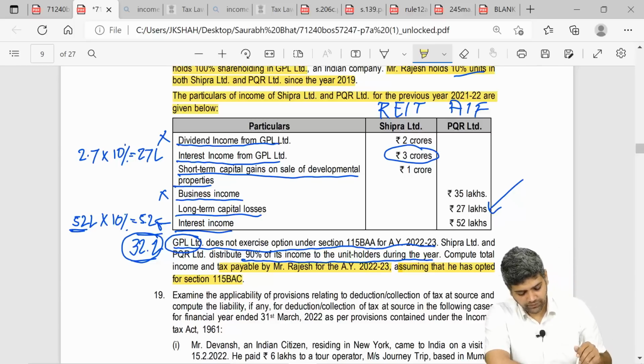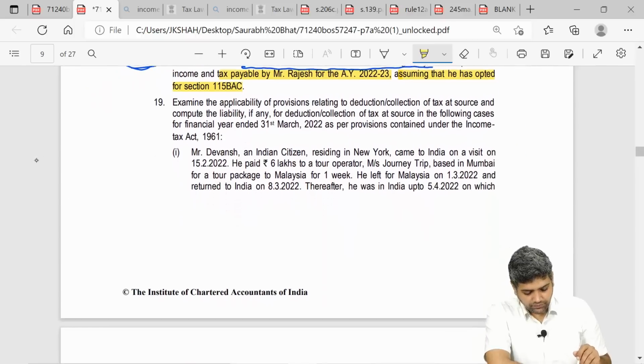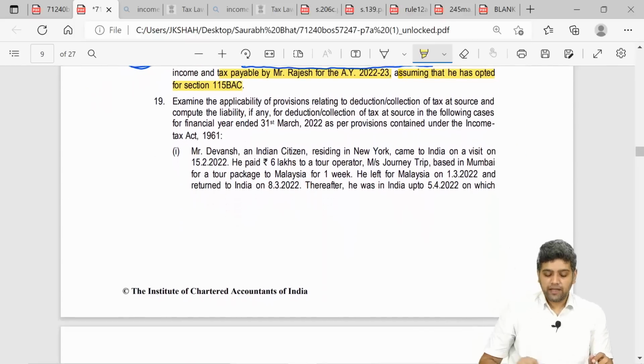So that's fine. Next one, that is question number 19. Now this is based on the TDS chapter. I can't remember any attempt where our institute has not asked a 6 marks question on TDS, because more often